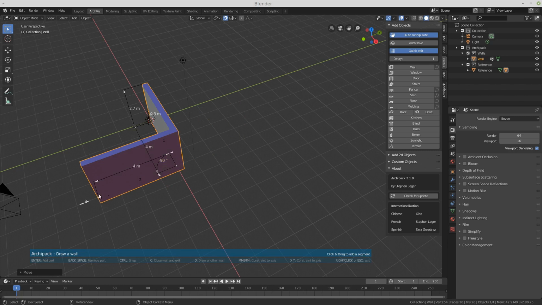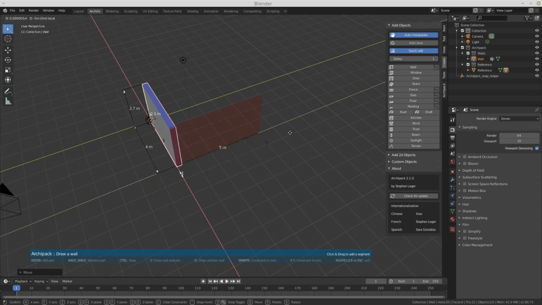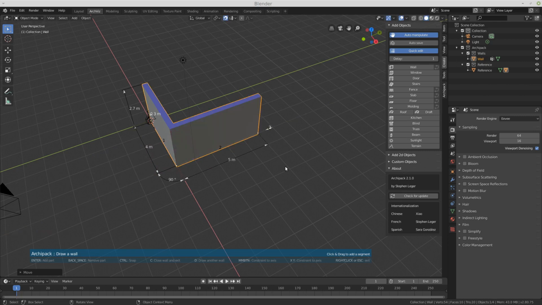You can also add or remove the last segment using those 2 arrows, or Backspace to remove the last, and then continue drawing. Press, keep pressed, drag, and then release.